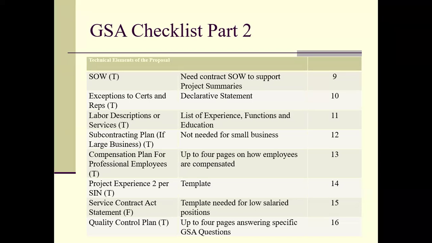and that is appropriate. And finally, for this slide, you get a quality control plan. How do you manage quality across your organization? Who takes a look at deliverables and makes sure that everything is appropriate and adjusted, et cetera. So you're taking a look and answering GSA specific questions in up to 4 pages, and you just have 4 pages to which to do it.